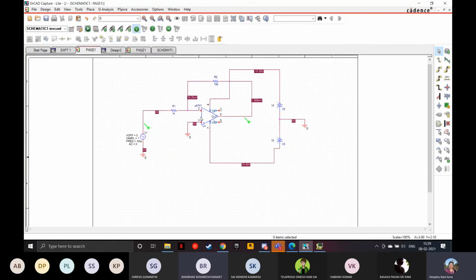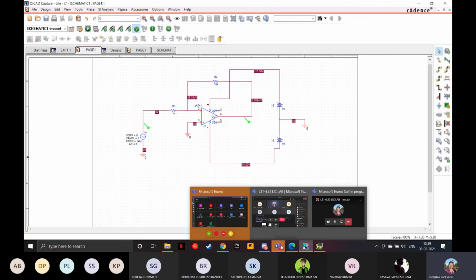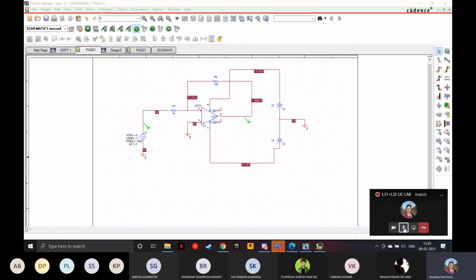Otherwise, you have to go to a new project. If you want to do it in the same file itself, just close the simulation window only, and if you want to edit the things, you may do it on the same page itself. Otherwise, the next option is a new project. Yes, okay.